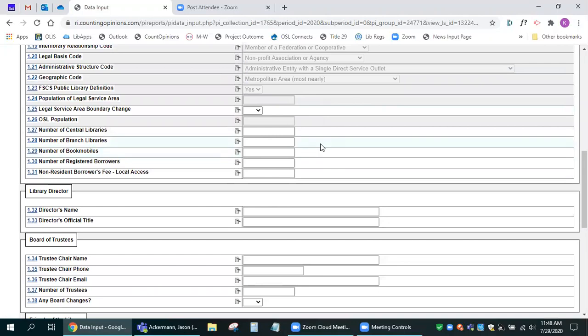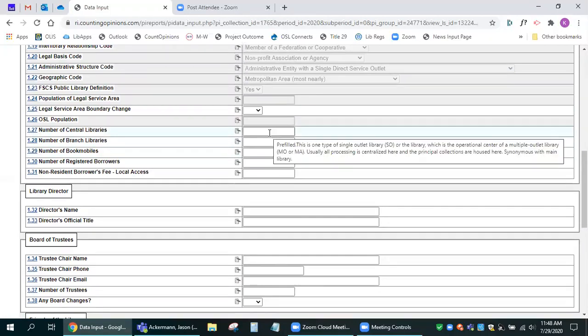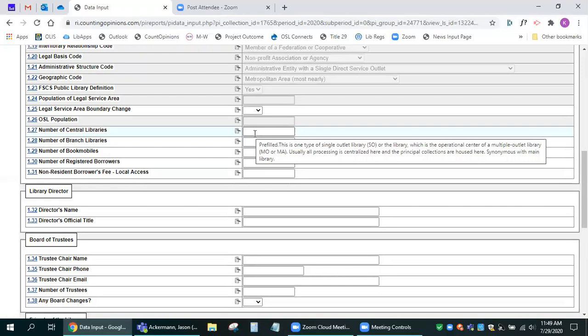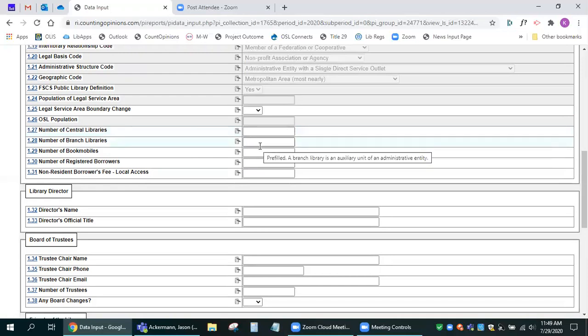Okay. Some other things that I want to point out in terms of valid responses and how to enter data. If it is asking you for a number, which a majority of the questions are asking for a numeric response, you want to input the number.